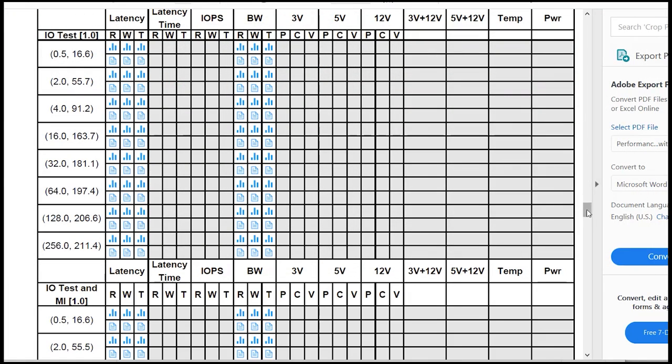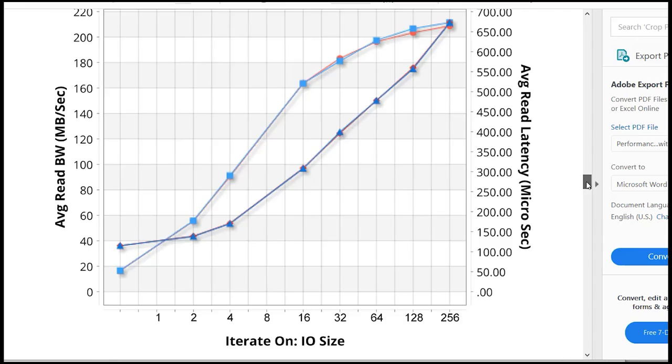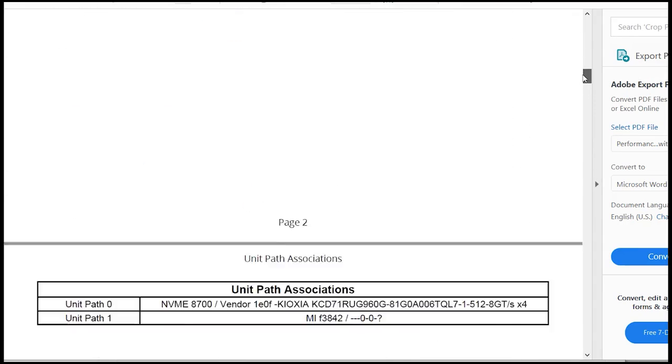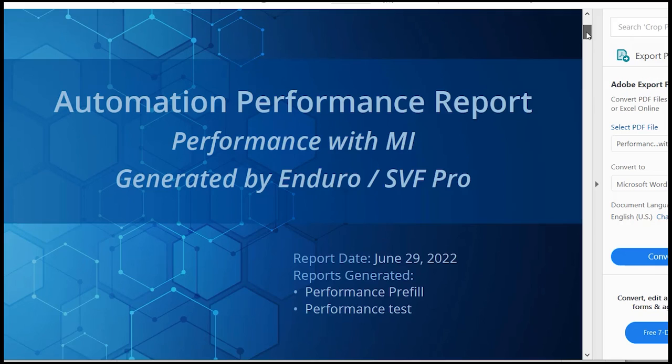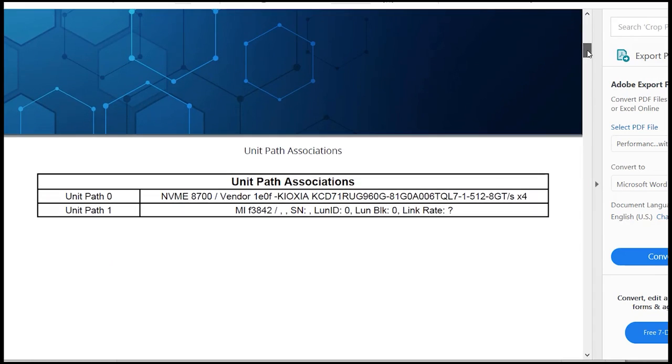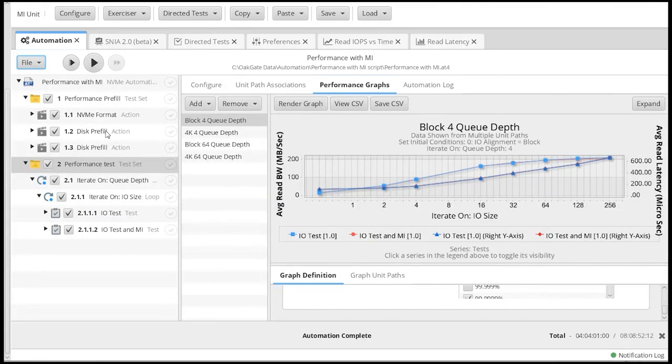So that is it for performance in terms of how to create charts, how to get the data. You can then pull the data, create presentations, or send the report to somebody as necessary. You can go ahead and reload if, for whatever reason, you want to reload something.